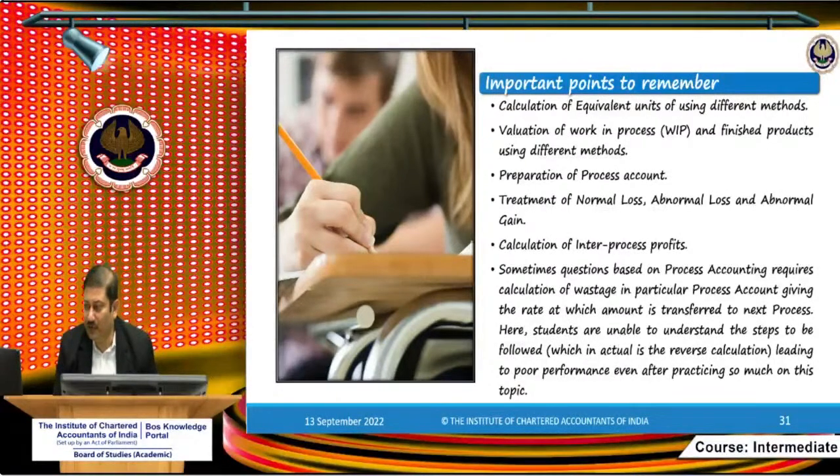Before going into the next chapter, journal entry you may not be learning, but logically, go through it once. By the way, you are studying the chartered accountancy course. It's not that you are studying anything else. So I think the concept of debit and credit must be very, very clear to you. The only thing you need to understand is how easily and how quickly you can understand the logic behind that particular entry. If you understand the logic, it will be very easy for you to go through that particular concept.